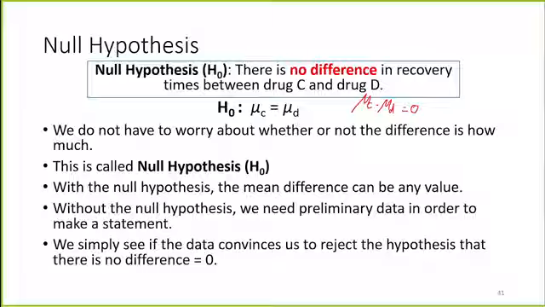But without a null hypothesis, we need preliminary data to tell us how much difference, right? Just like drug A and drug B, we need to come up with an experiment first, and that experiment needs money. We need some budget, right? So people usually come up with a hypothesis without a first experiment, without preliminary data. So we can have that as the null hypothesis. And then once we have the null hypothesis, we go and do an experiment and get the data to convince that we want to reject or we cannot reject. That means we fail to reject. ถ้า we reject ได้ก็คือ there is difference นั่นเองนะคะ